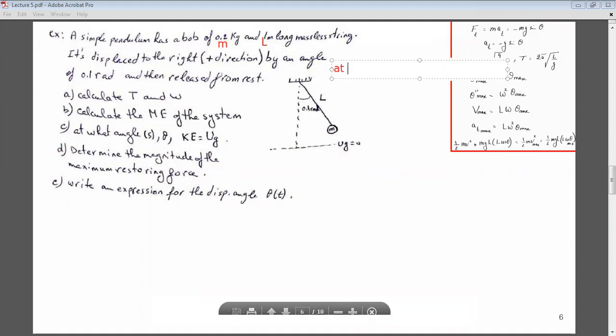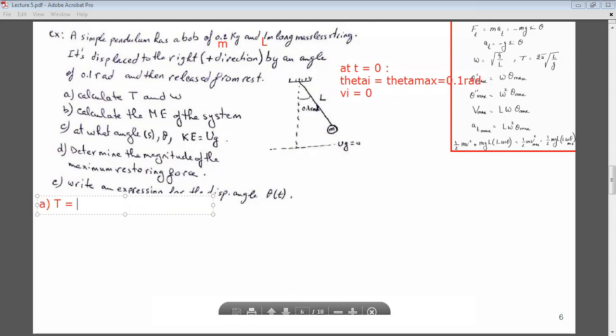So what is the information I have at time equal 0? Theta initial equals what? It's equal to theta maximum, which is 0.1 radian. It's in radians, so I don't change anything. So I'm given theta initial, and I have that it's released from rest. So V initial is equal to 0. So these are the initial conditions. This is what I'm given in the question. So part A,